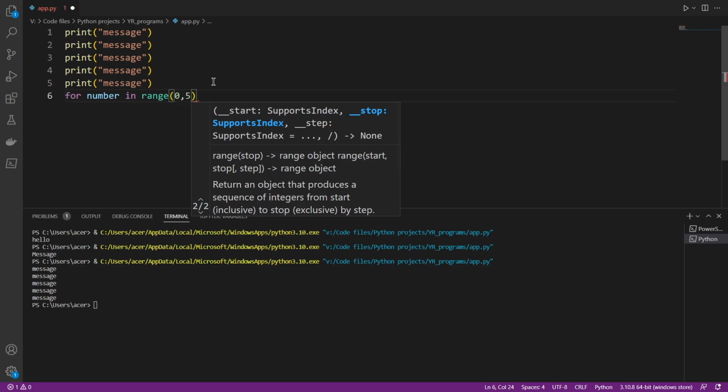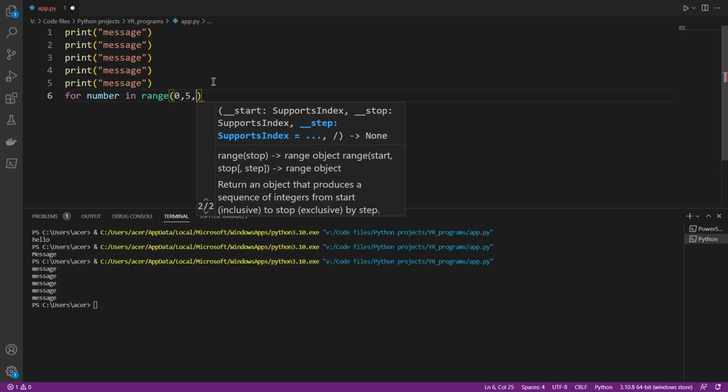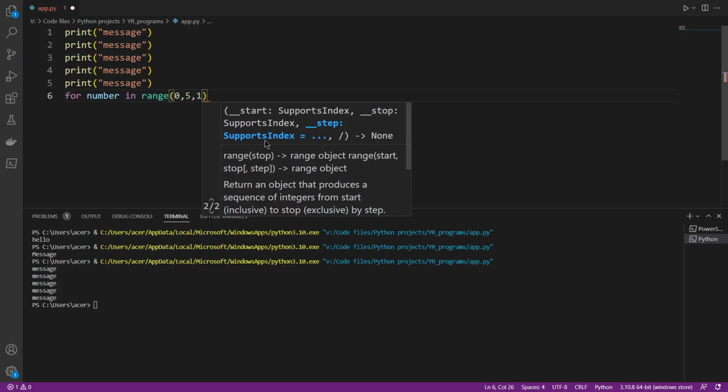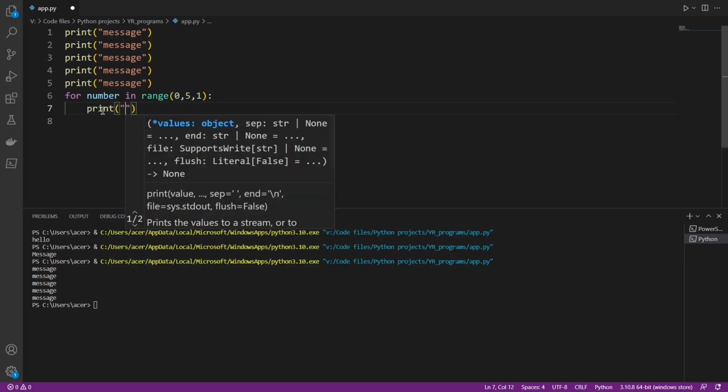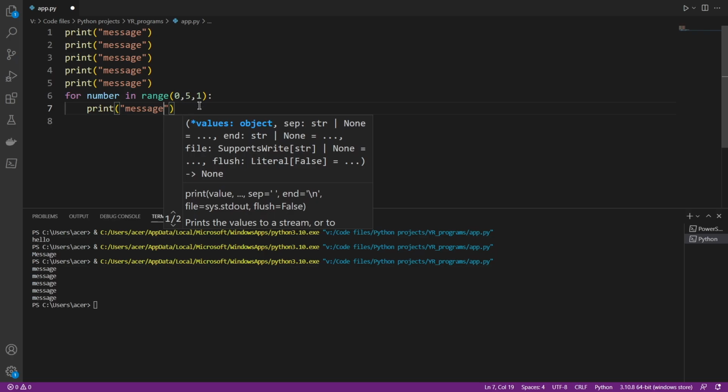Now after this I'm going to move on to the third argument. The third argument is step. Generally step is usually given as 1 because we are going to be iterating the numbers one by one, and we will see examples in which the range can differ. Now I'm going to go with 1, and inside the for loop, make sure you always end the for statement with a colon, right? So you get the indentation on the next line. I am going to enter my message here. So print message,